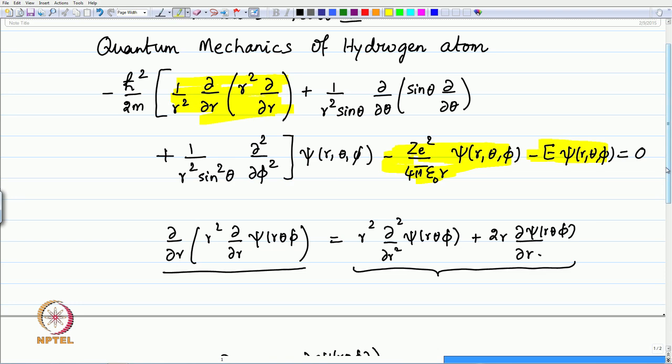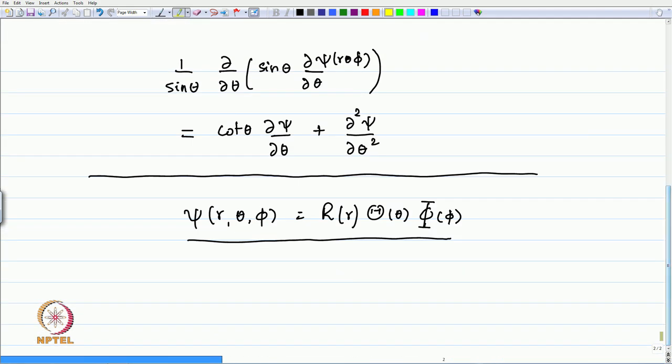Therefore, you will have a differential equation in which one part of the equation depends only on one coordinate, the other part depends only on the other two coordinates, and then you can immediately realize that these two independent quantities must be separately equal to a constant which will cancel each other. Therefore, it is possible to separate this equation into independent coordinates. So, let us multiply the differential equation by r square